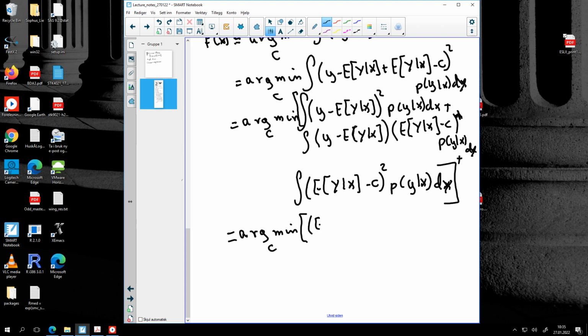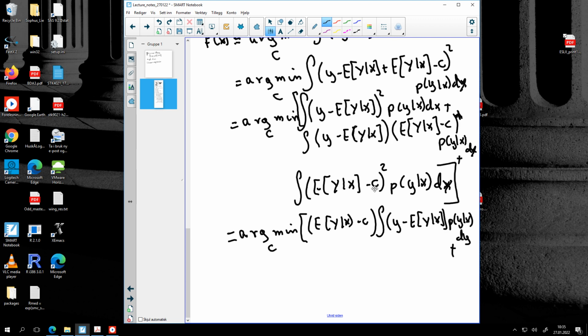So it's the expectation of y given x minus c times the integral of y minus the expectation of y given x p of y given x dy, and then plus,